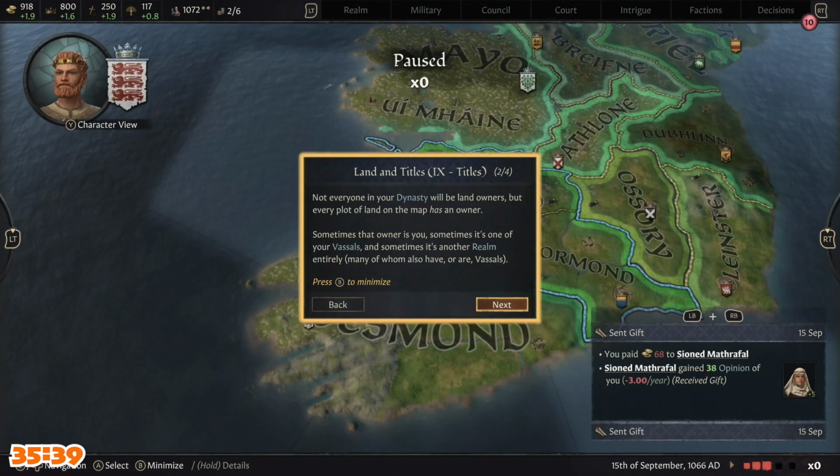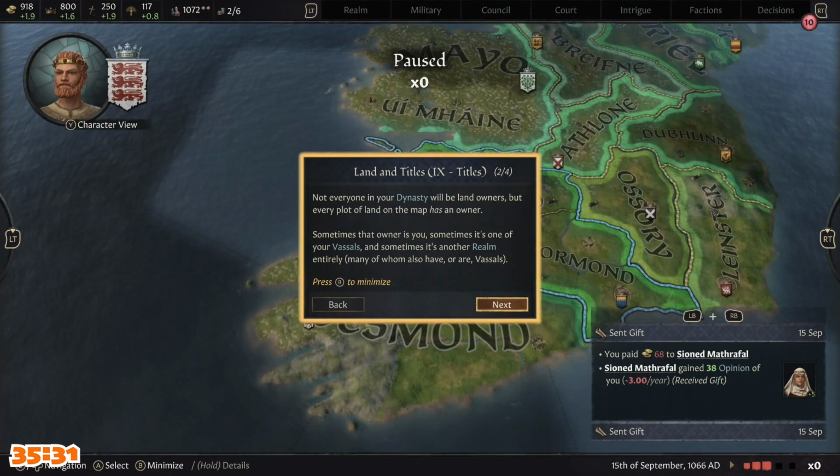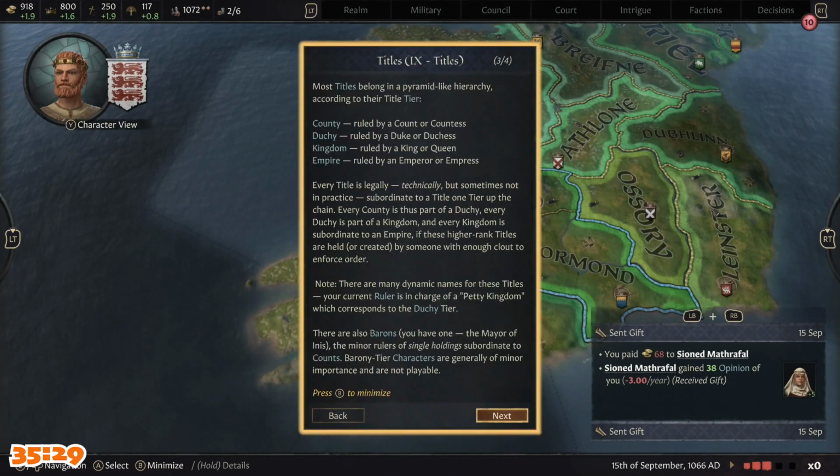Not everyone in a dynasty will be landowners, but every plot of land on the map has an owner. Sometimes the owner is you, sometimes it's one of your vassals, and sometimes it's another realm entirely, many of whom also have or are vassals. The titles belong in a pyramid-like hierarchy according to their title tier. County ruled by a count, duchy ruled by a duke, kingdom ruled by a king, empire ruled by an emperor. Every title is legally, technically,